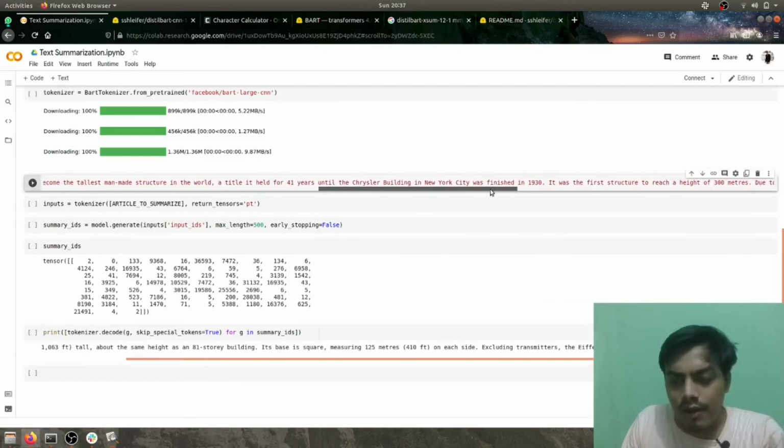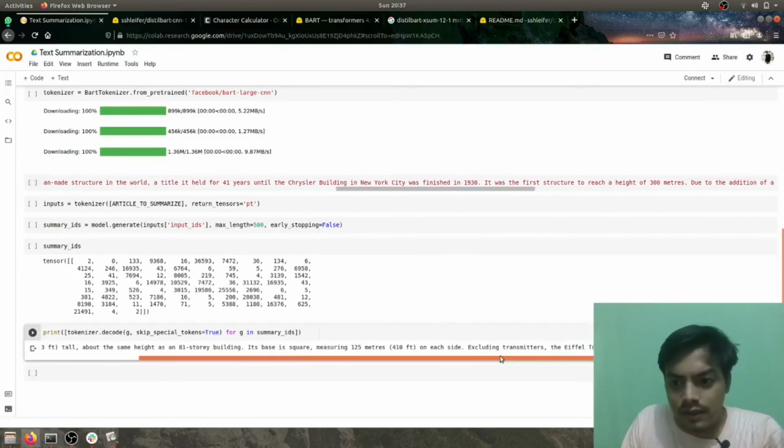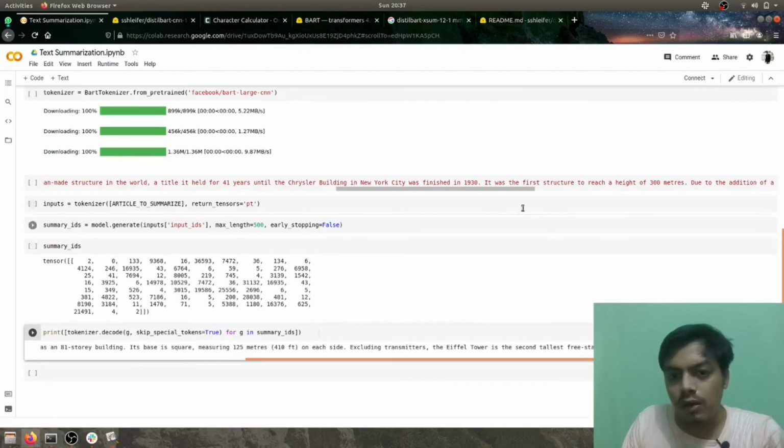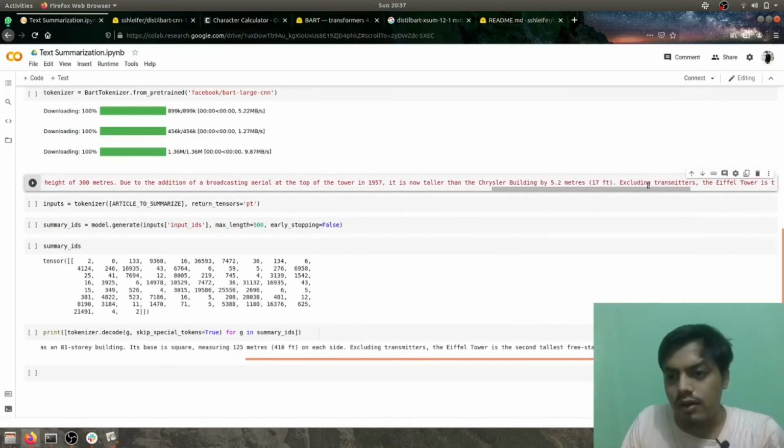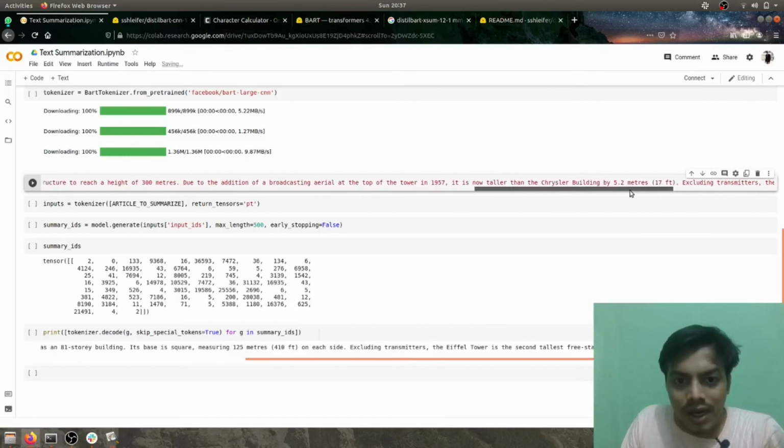I'll have to study it properly, but it looks good. And excluding transmitters, Eiffel Tower is the second tallest free-standing structure in France after Millau Viaduct. Let's see where the transmitters part is. Yeah, here, excluding transmitters, it is the tallest structure in France after Millau Viaduct. So it has straight away picked the last sentence here. The middle text it has not picked.